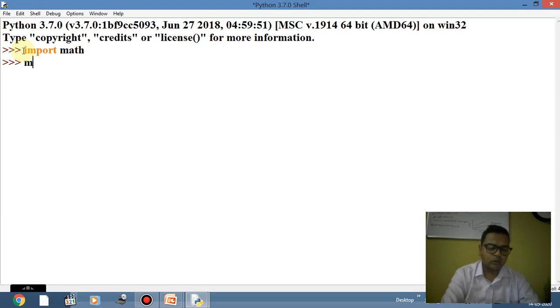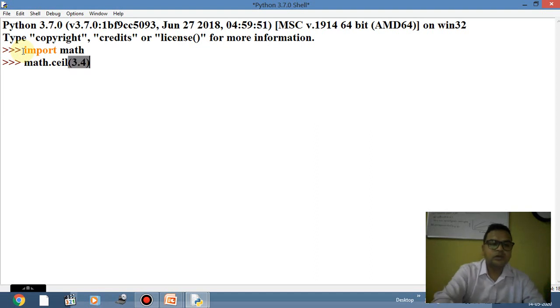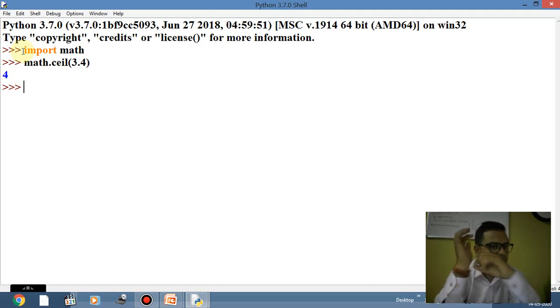So here I'm going to use math.ceil. Clear? And now here I'm passing any number, 3.4. So what should be the result on the screen? The answer will be 4. That means what? जो number हमने pass किया, that number which we have passed to the ceil function under the math module, so that function is a limit, और उससे बड़ा कोई नंबर, उसके इक्वल टू या उसके बड़ा कोई भी नंबर जो है वो डिस्प्ले हो जाएगा.